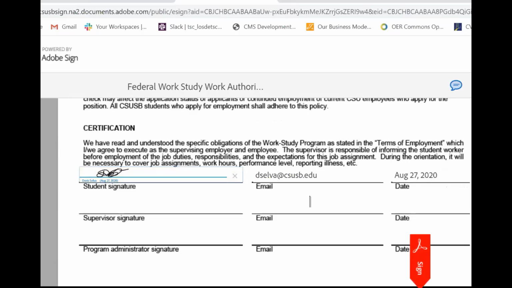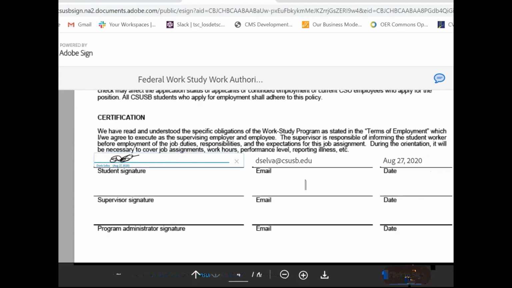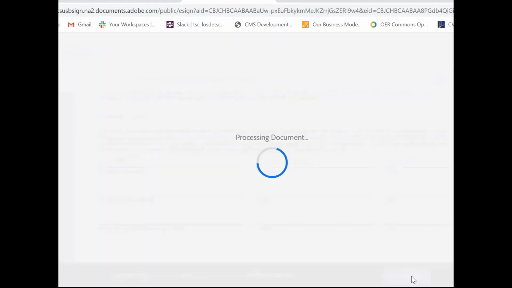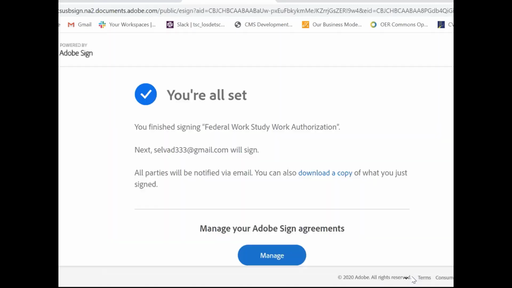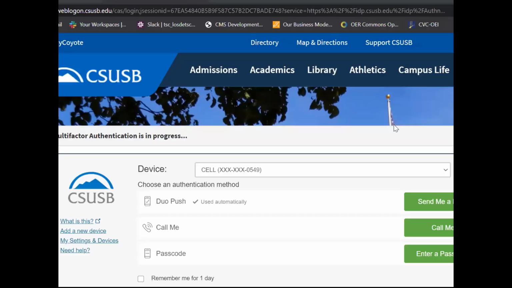Then it asks me to complete the process by clicking to sign, clicking on the blue button at the bottom of the screen. So this is my role as a student. Now that the student has completed their portion of the work authorization in terms of employment, the workflow goes now to the supervisor. So this is going to be the part that you as a supervisor will be responsible in